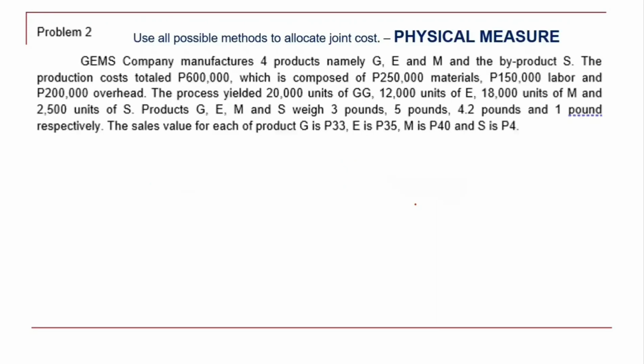So I hope you were able to answer yung ating handout. Kaya-kaya nyo naman po yan. So we can compare kung parehas po tayong sagot. Para kung magkaiba tayong sagot, we can immediately answer here or raise here kung ano yung naging difference natin dalawa. Okay. So, sabi rito, use all possible methods to allocate joint costs. So, inuna ko na yung physical measure. Sabi dito also na